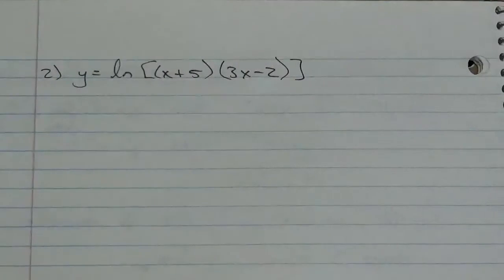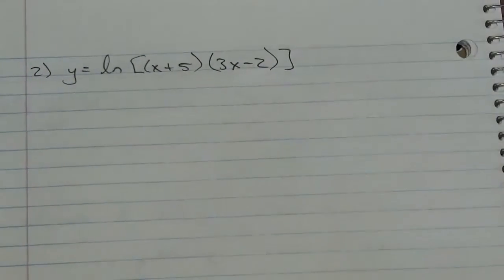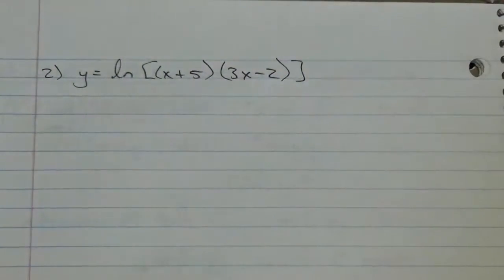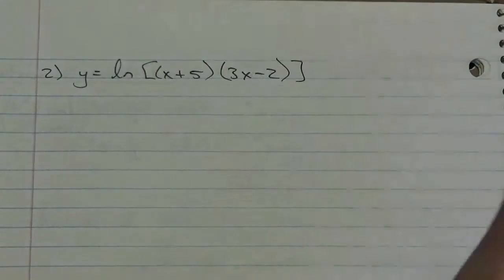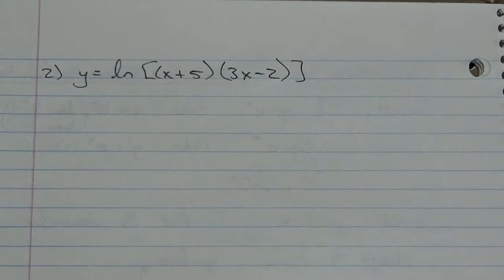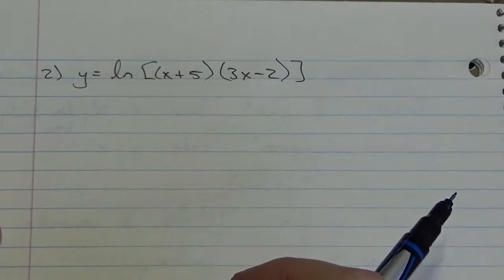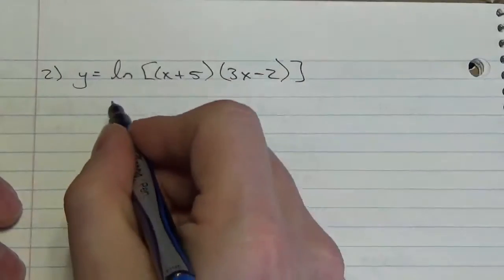Let's take a look at another one here. y is equal to the natural log of x plus 5 multiplied by 3x minus 2. One way to do this might simply involve taking the derivative of it right away, which would mean,